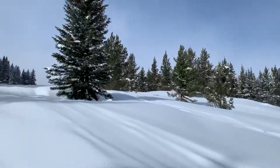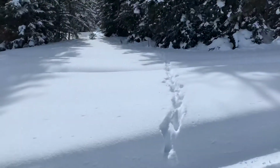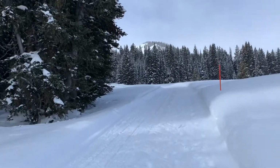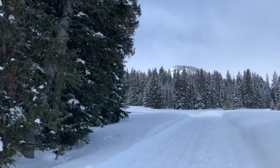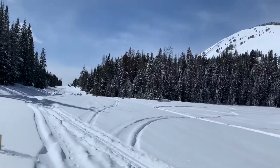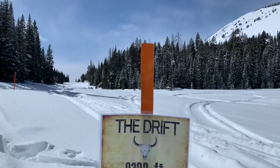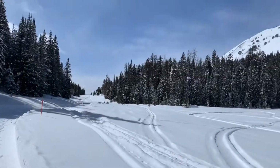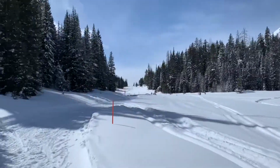So pretty up here though. Really beautiful. Some kind of animal passing through, a deer, an elk, probably a deer. It's like we're getting closer and closer to some kind of mountain pass up here, but who knows. So, I think we've reached the top of that pass. It says we're at, it's all downhill from here. Not really. That's kind of a bummer. 9,200 feet. All right, but I think that was the big climb. I think there's another one, but